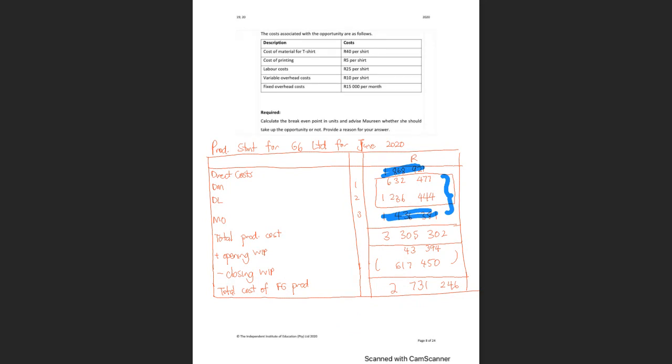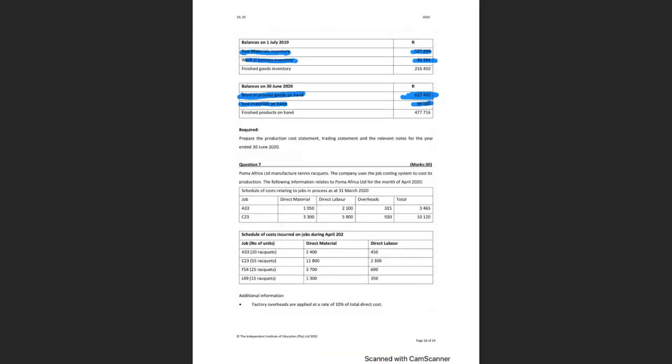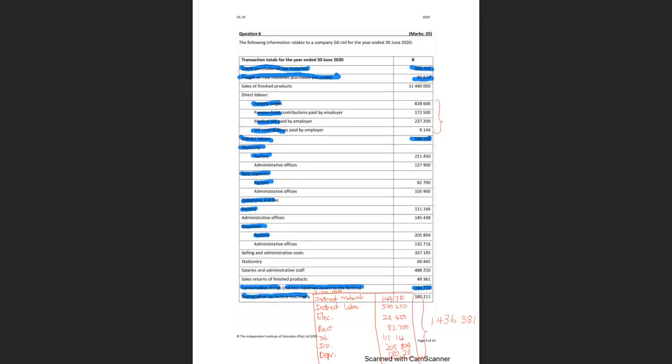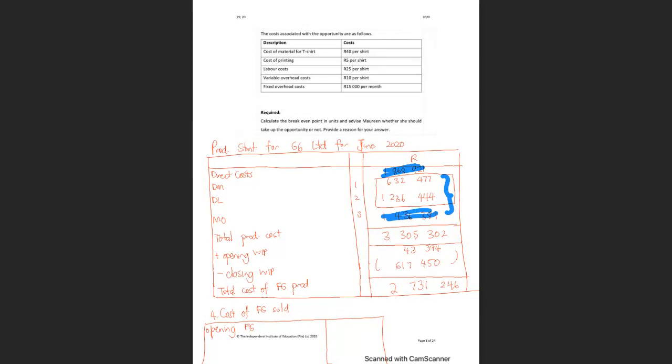Okay, so note number 4, cost of finished goods sold. And you're going to now basically take your opening balance of your finished goods. So opening finished goods, let's have a look at what that is. That was here. That was 216,450. So 216,450. Then you're going to add on this figure